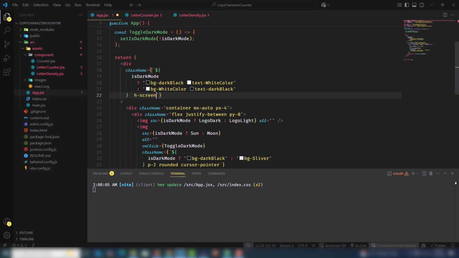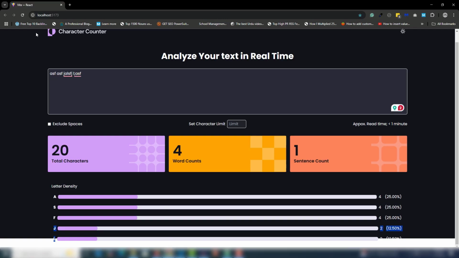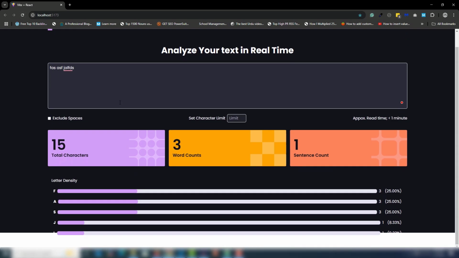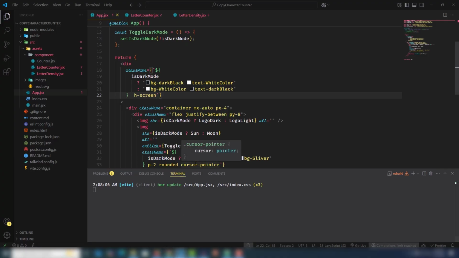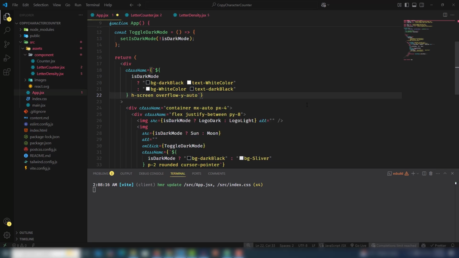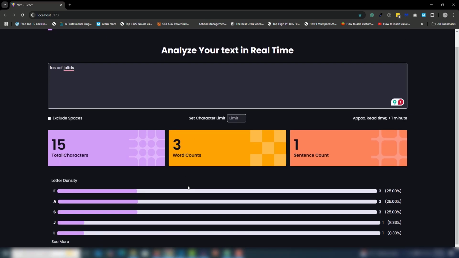Let's add it on there. It is also up here guys. So I think I need to remove this one, and I'm gonna check what is the problem in the designing, because it is very important to manage that, right? So let's add dark mode, and okay, I'm gonna add H screen overflow Y is auto, so I think it should be, yeah,